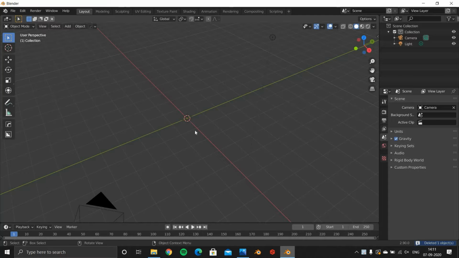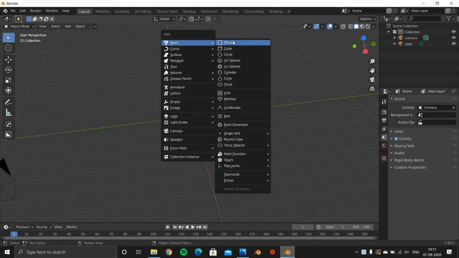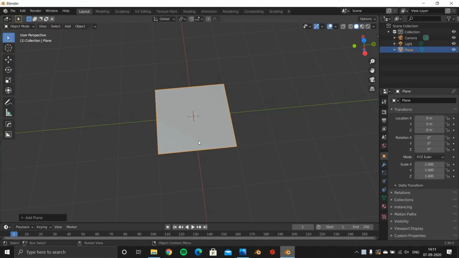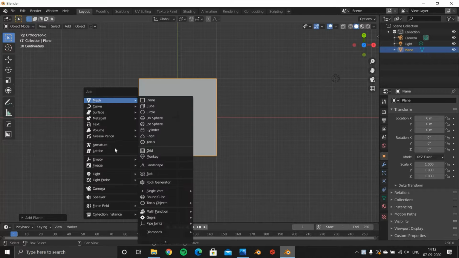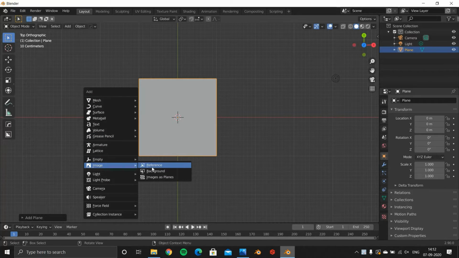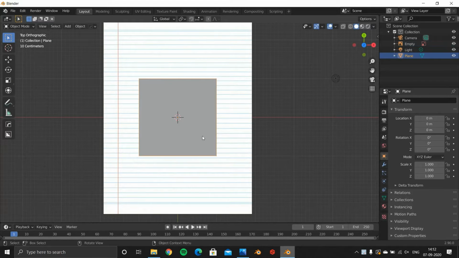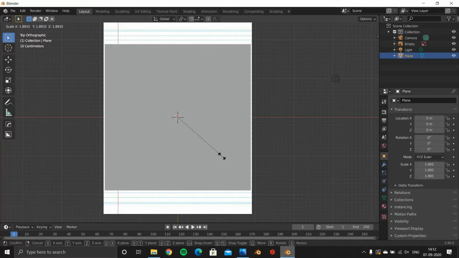First we will be creating the pages of our notebook. So let's bring in a plane, and to set the correct size for this plane we will bring a reference image that I will later be using as a texture itself for this plane.